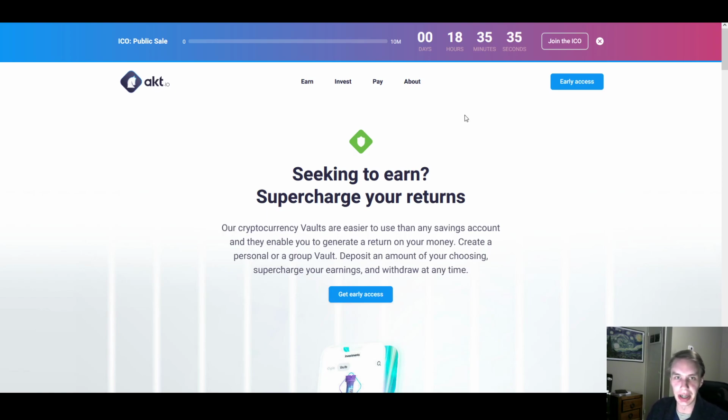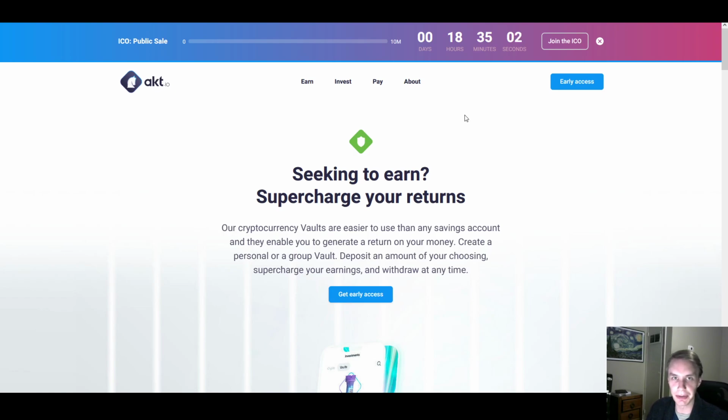Now, I'm not going to get too far into what act.io is. It's really just an earning platform where I think it's powered by Aave, or that kind of idea, where you can put up liquidity and then people can borrow, and you can earn interest on your assets. But the novel thing about this protocol is that it promises to use an AI-driven system that can automate your investment for you to try to maximize your yields or give you better outcomes. Again, if you're interested in this protocol, I encourage you to do your own research and look into it yourself. What I'm more interested in with this in general is that I think it's a good step in the right direction, right?